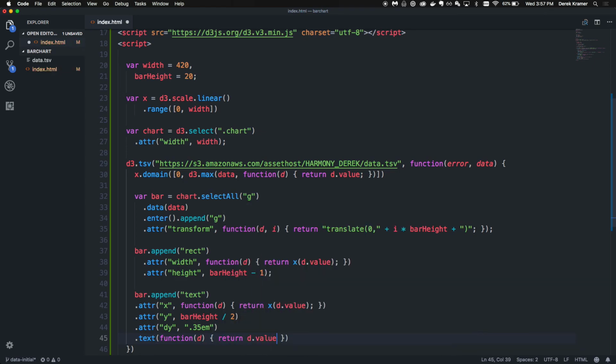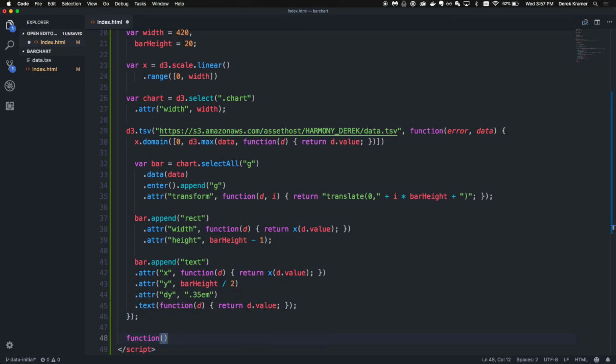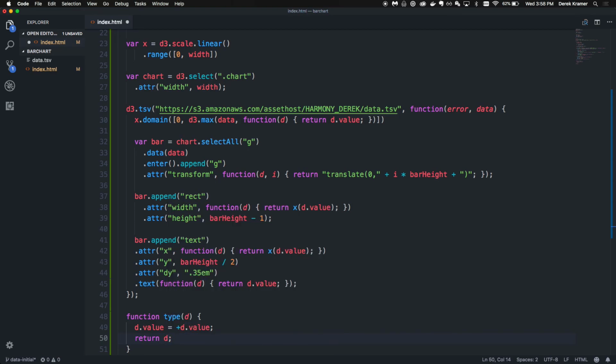Now there is one more thing that we need to do before this will work, which I'm sure a lot of you have experienced with pulling in from an API or from an external file, is that it reads numbers. It reads numbers as strings. There we go. And then I believe we're calling that